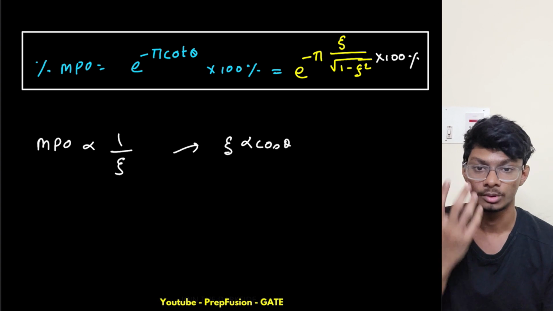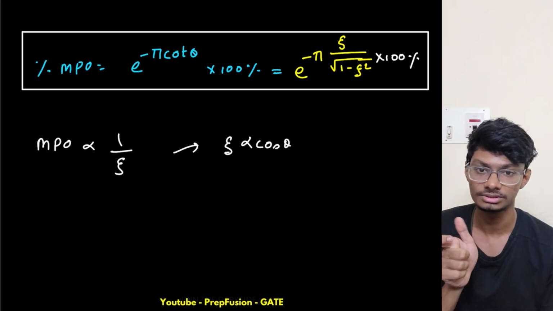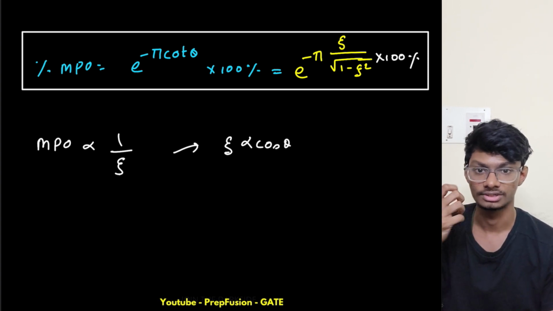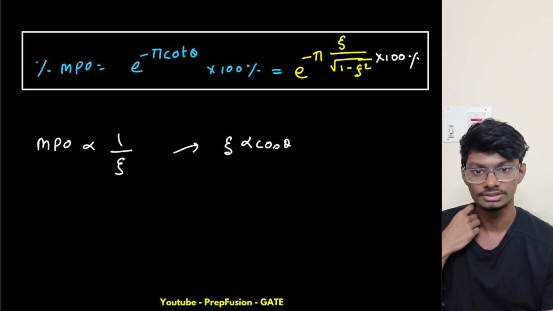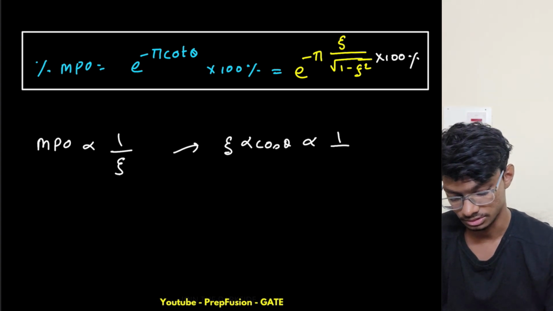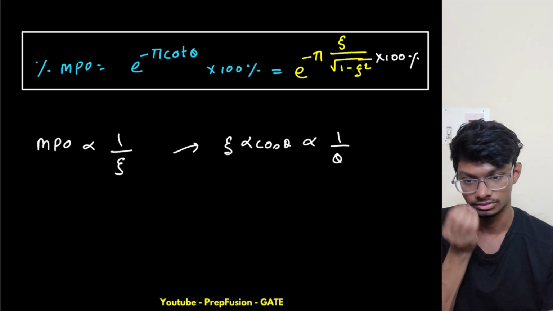But what we know about cos theta is, if theta increases, cos theta decreases. You check, cos 45 is 1 by root 2 and cos 60 is 1 by 2. So it is reducing, that is 0.707 and this is 0.5. So if theta is increasing, cos theta is reducing. Hence cos theta is inversely proportional to theta, right? So if it is inversely proportional to theta,